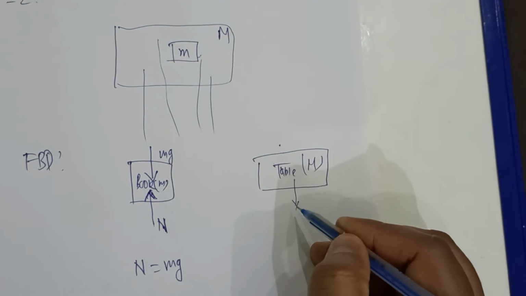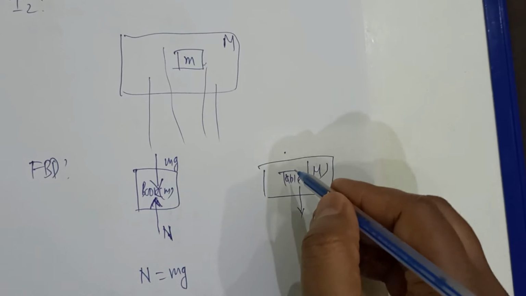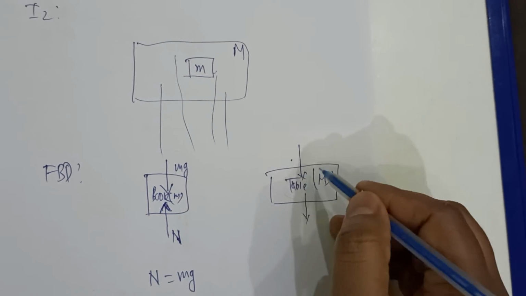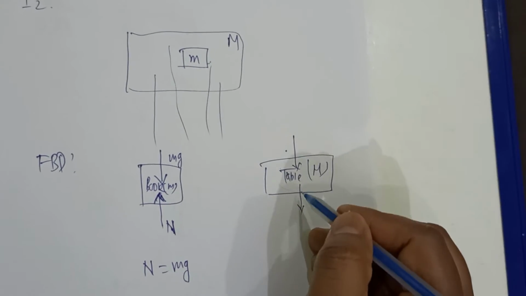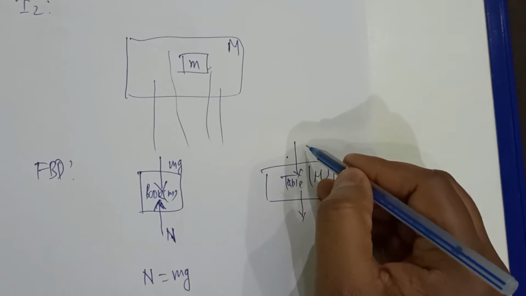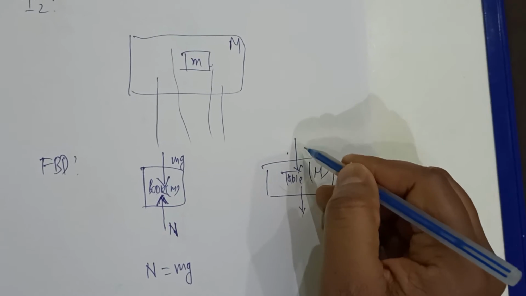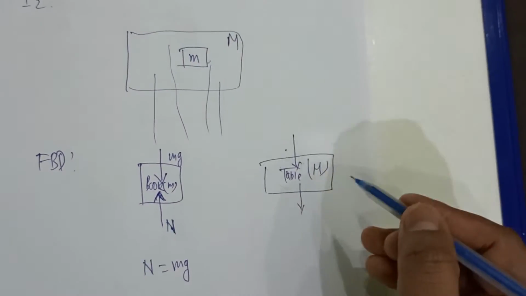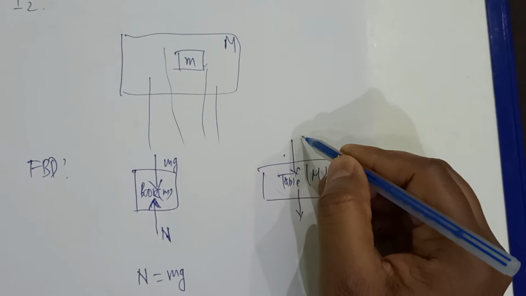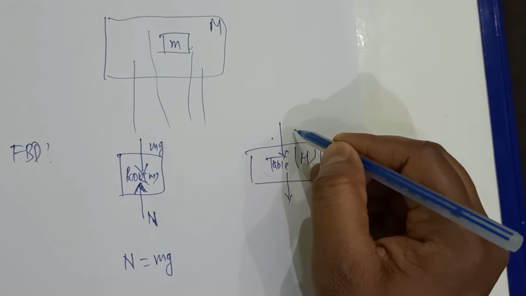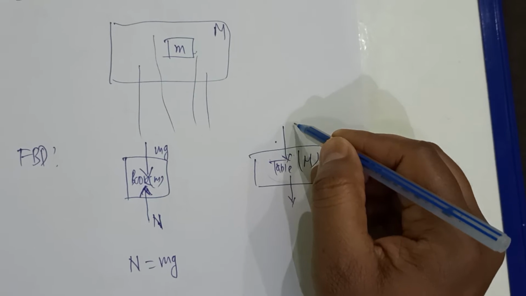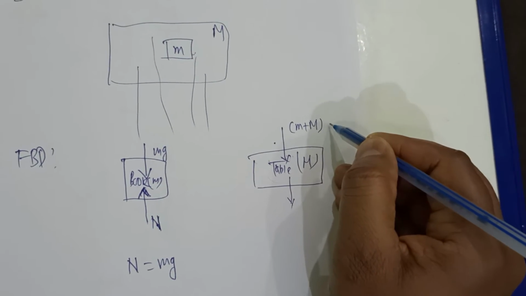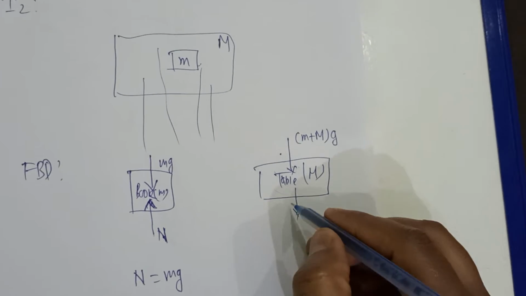What are the forces acting on it? There is one weight. This weight is exerted on the earth. This weight will be the weight of the table itself, and the weight of the book also. So the weight acting on the table should be small m plus capital M into g,